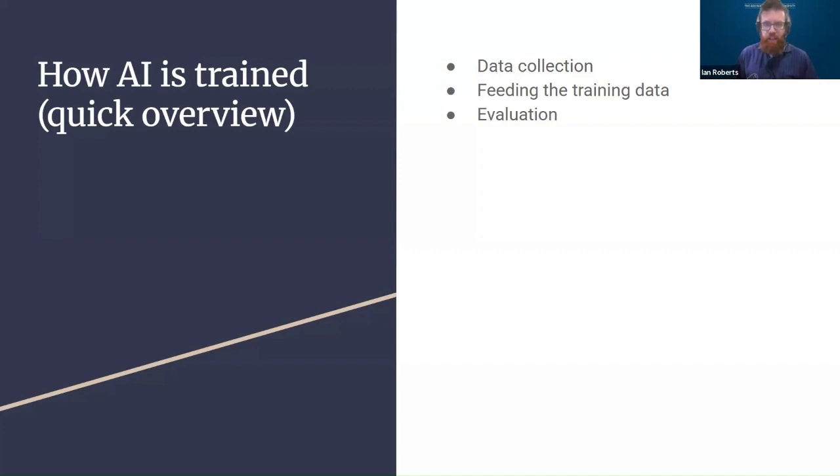And then finally, evaluating the model, how reliably it functions and makes predictions and makes connections. There are a lot of ways to do this based on what you want it to be able to do. At that point, you'll evaluate it for bias. Bias usually comes from the data set that you use. It'll look at performance metrics. It could be, this is not accurate or not as precise as we want it to be.